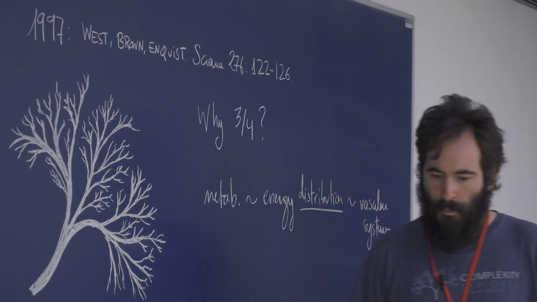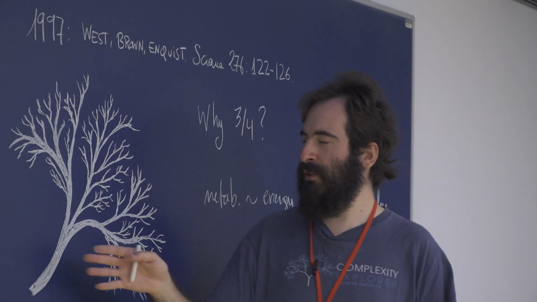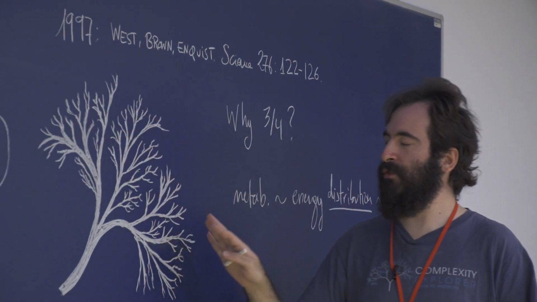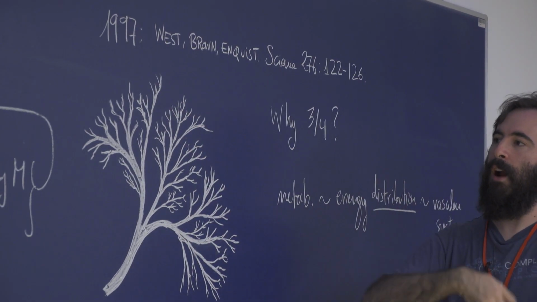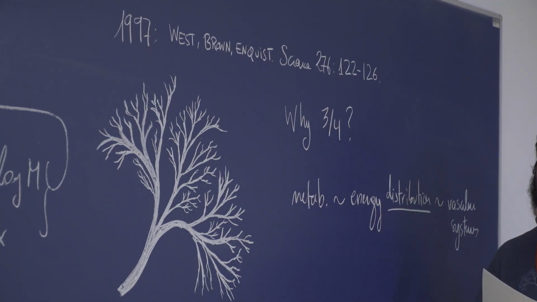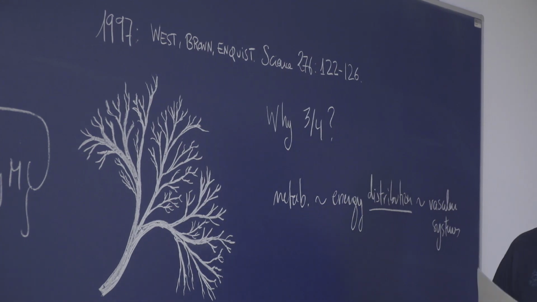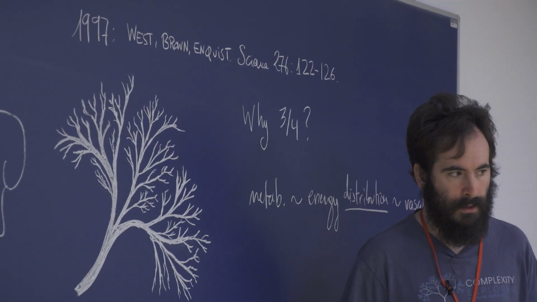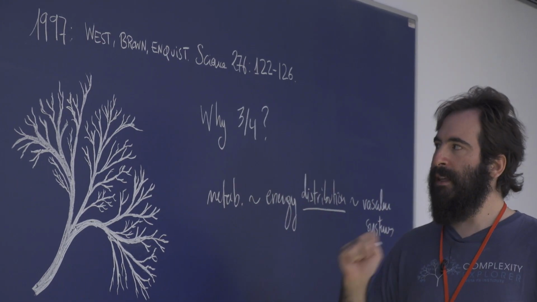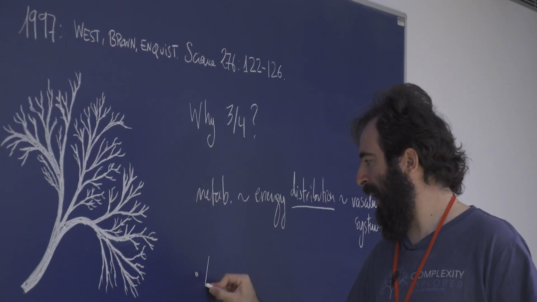So when they started thinking about vascular systems such as our blood distribution system, the circulatory system, they started looking at these funny structures that we now know very well that are permeating all of the organisms that we're talking about here. And they began thinking, okay, this is a very interesting structure, and actually it kind of looks like a fractal, right? So we're going to go back to this fractal idea later on, but this brought these three scientists to propose these two ansatz here